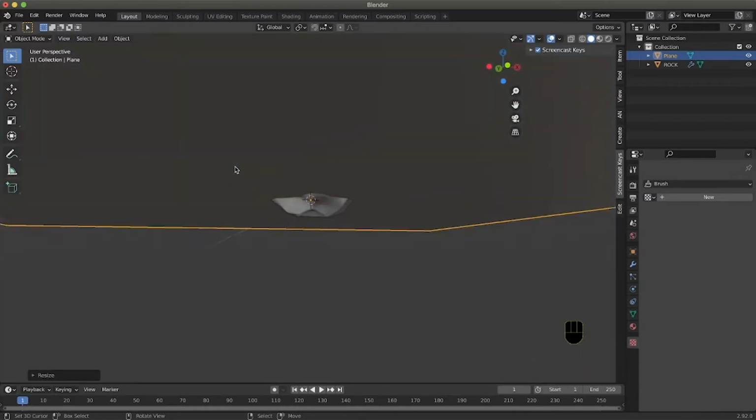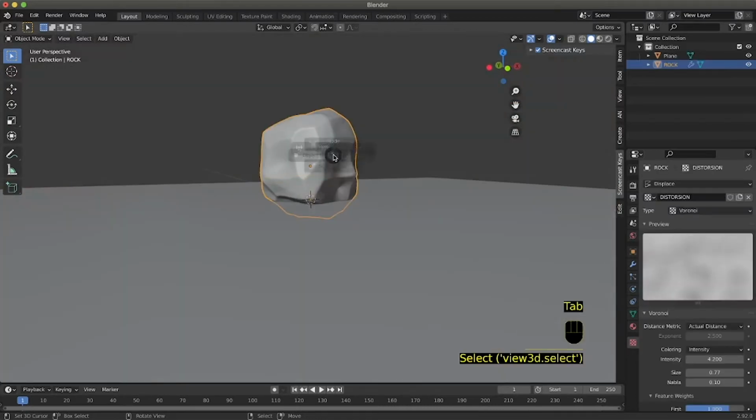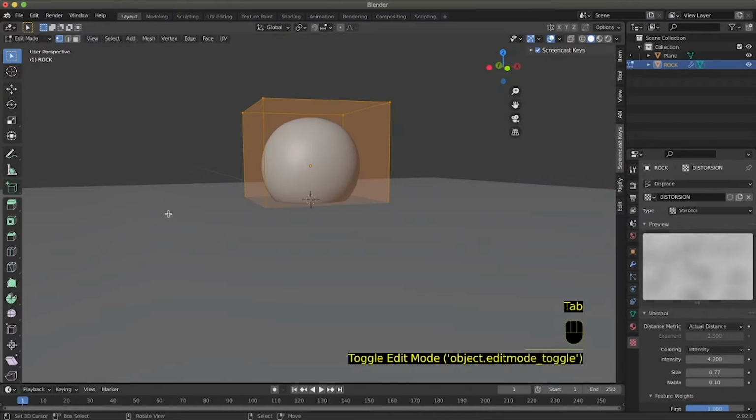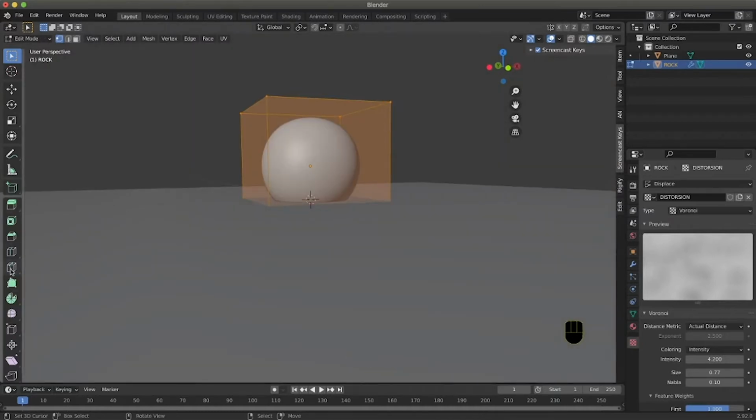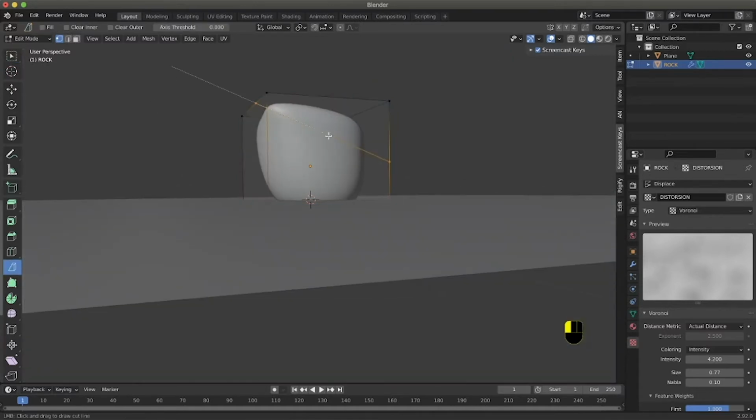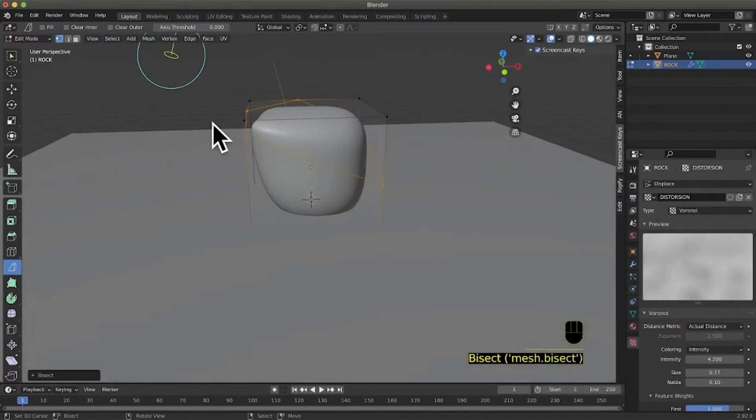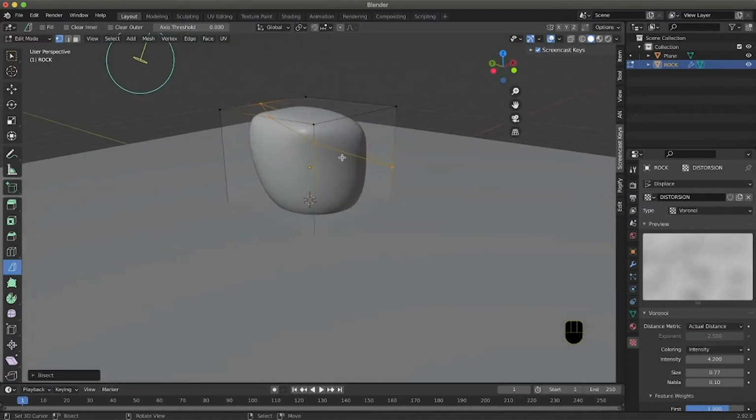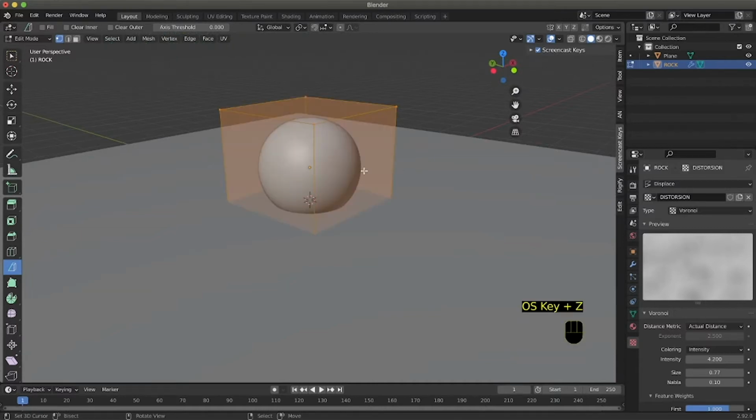To be honest, you should be in edit mode if I'm not wrong. Yes. And you can use a slice, that should be in fine, a bisect, sorry, and you can basically bisect your mesh. In this case, you simply cut the mesh in half, and as you can see, it acts like an additional loop cut. We don't really need it for this